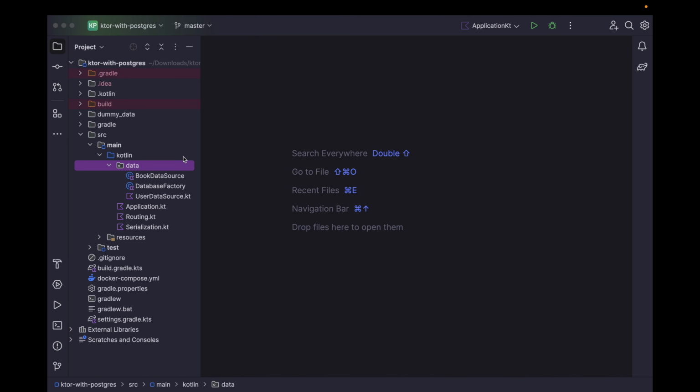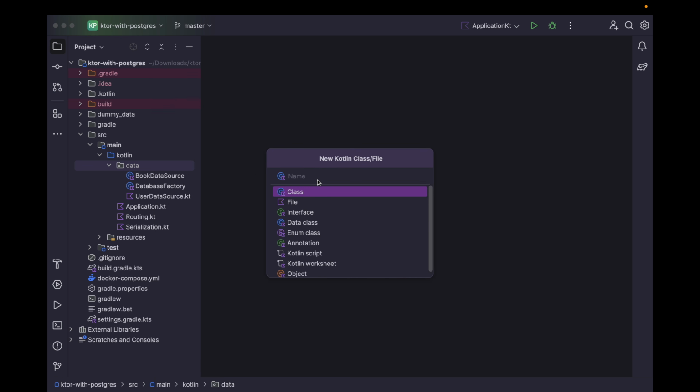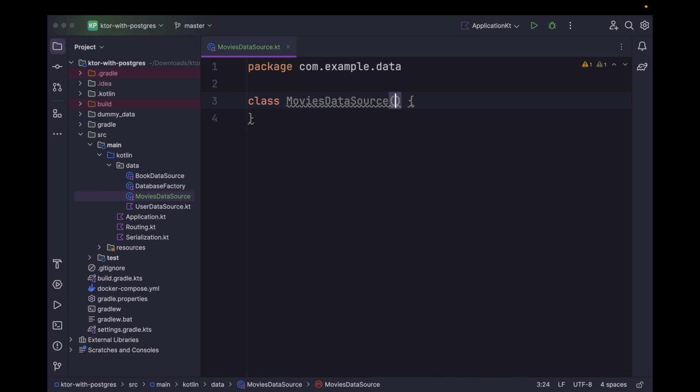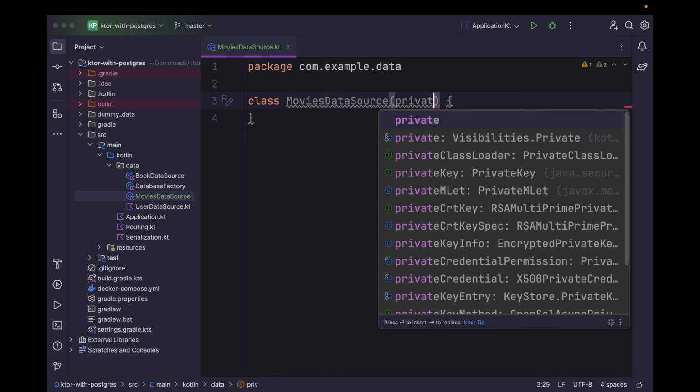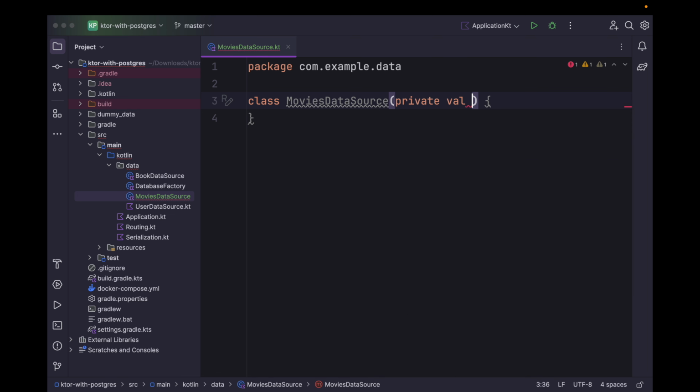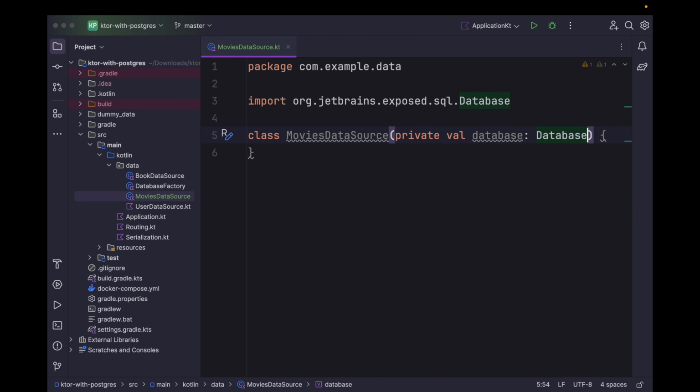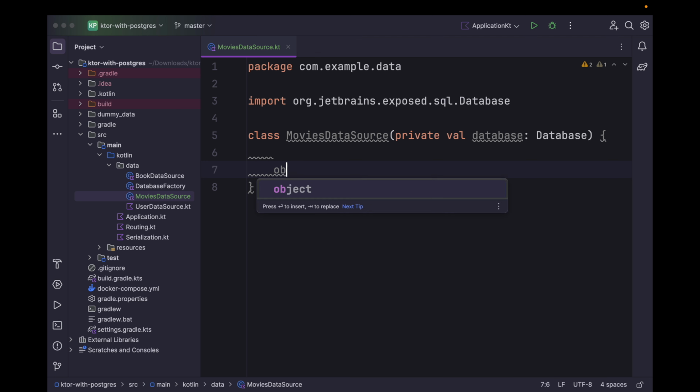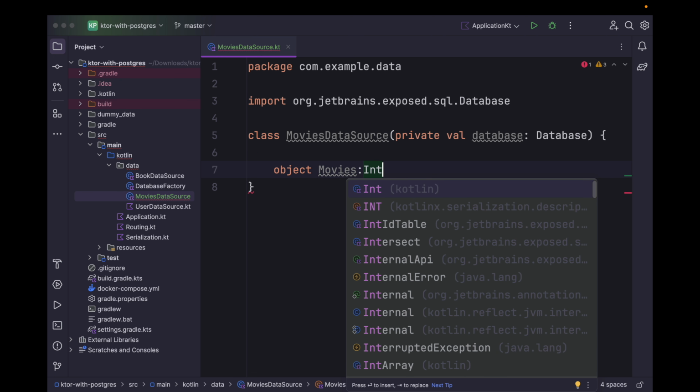Let's begin by defining movies data source class within this data package. We can create new Kotlin class movies data source, and we can take database as a constructor to this class. Within this class, let's create a table for movies. So for that we can make use of object. We can say movies. We can extend to int id table,